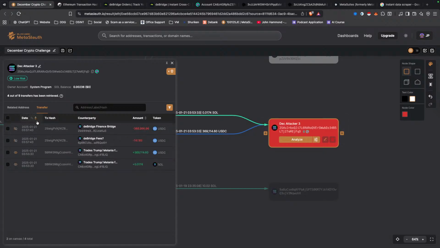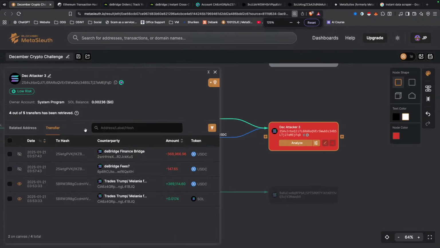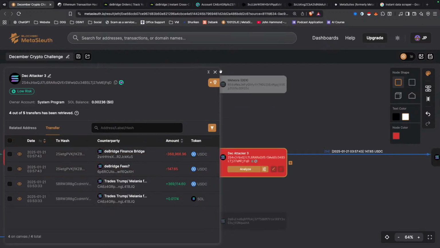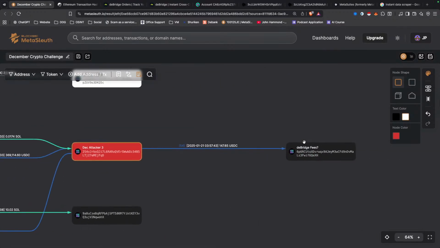But essentially, we'll put this into order and I'll just zoom in a little bit there. We'll see that the assets come in, and then there is a single transaction. Okay, so let's show that. Now, this address here wasn't originally labeled.